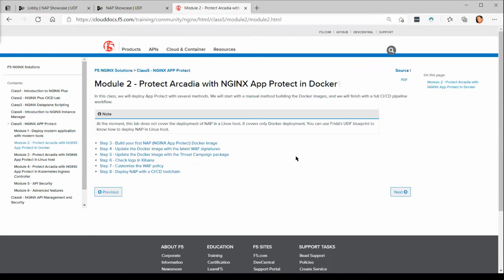So we're going to go ahead and do that and protect our application with Nginx App Protect in Docker first and foremost. The procedure wouldn't be very different for any other type of deployment, but this is the way we're going to look at it first, because it ties so neatly in with automation and orchestration through, well, Kubernetes for one, but also through typical CI/CD tools like GitLab and Ansible and whatever you want to use. So let's start. We're going to create 3 Docker images. Let's start with the first one.